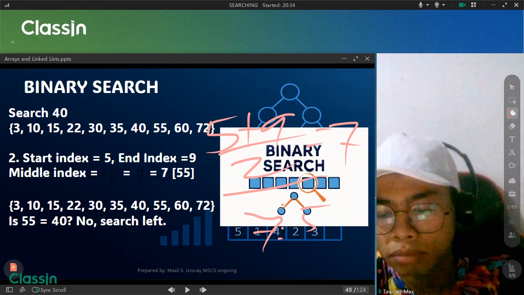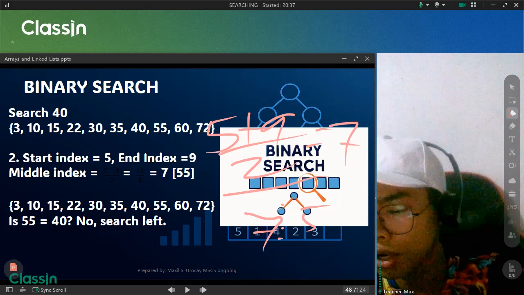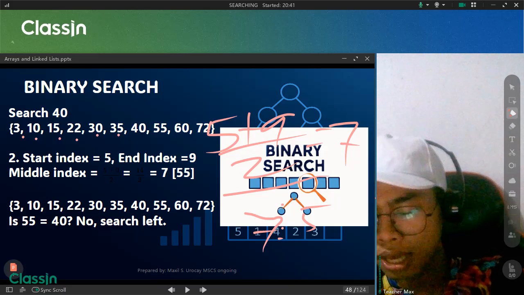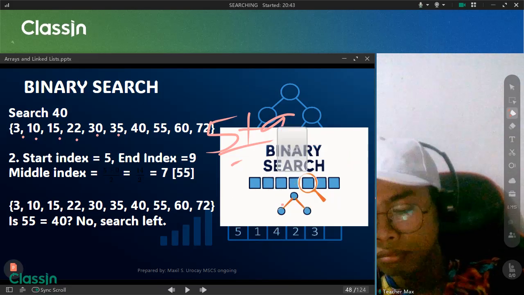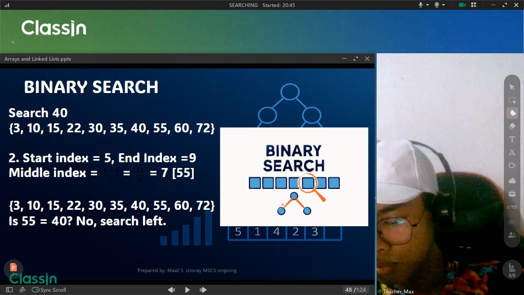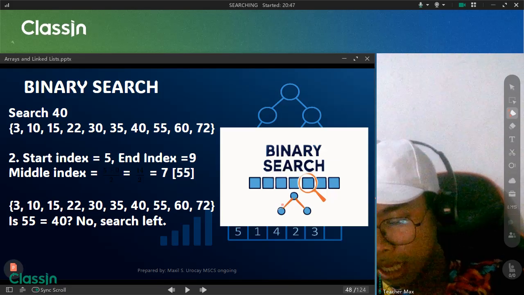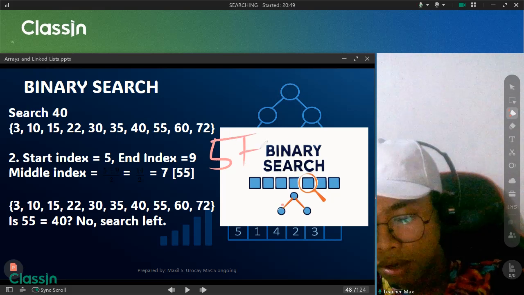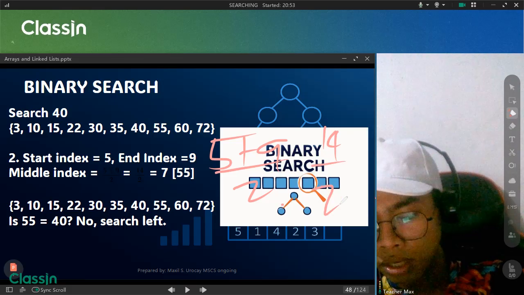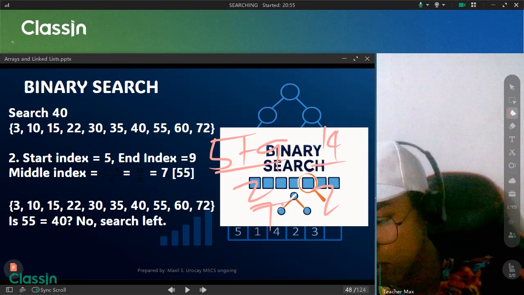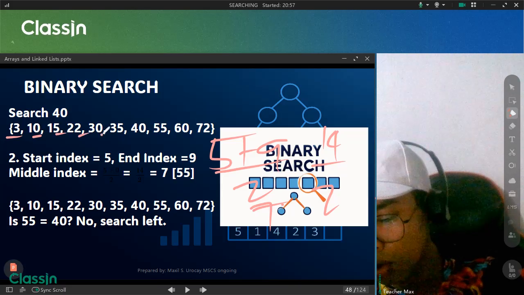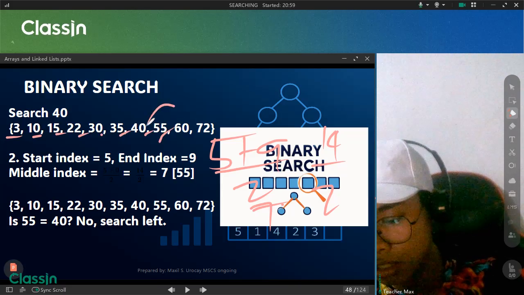That is 7: 0, 1, 2, 3, 4, 5. Yes, the same thing, class. I'm so sorry. We based it on 5 plus 9 divided by 2, it is 14 divided by 2, which is 7. So 7 is 0, 1, 2, 3, 4, 5, 6, 7, which is still 55.